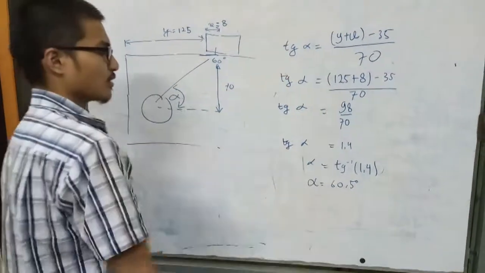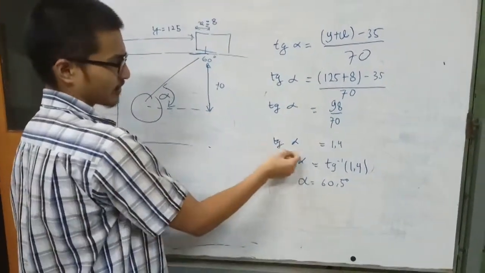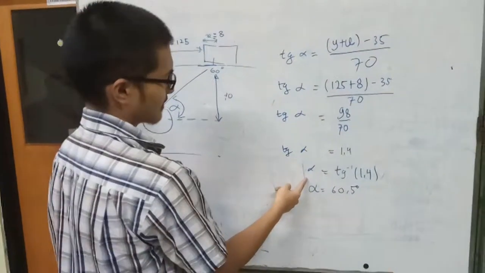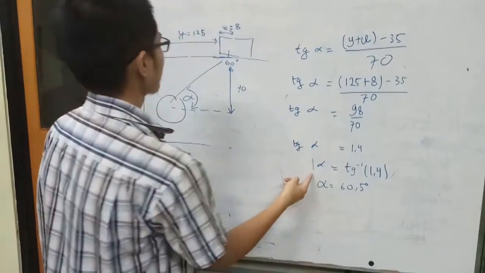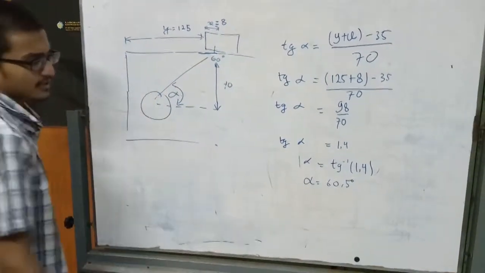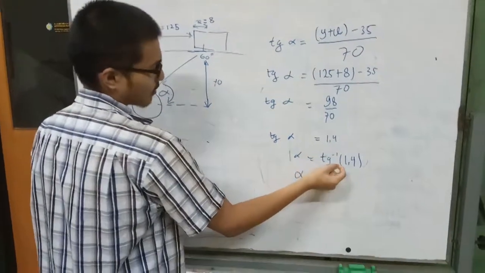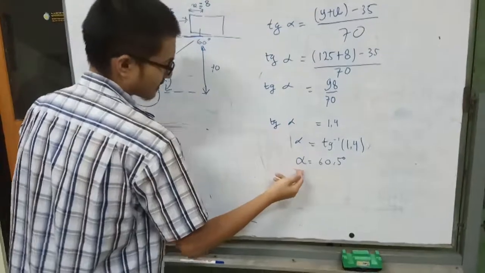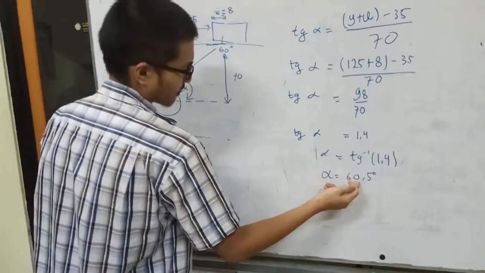With the calculation, we can get the tangent of alpha equals 1.4, and alpha, the degree at which the probe is facing the circle, is the arctan of 1.4, and we can get that alpha is 60.5